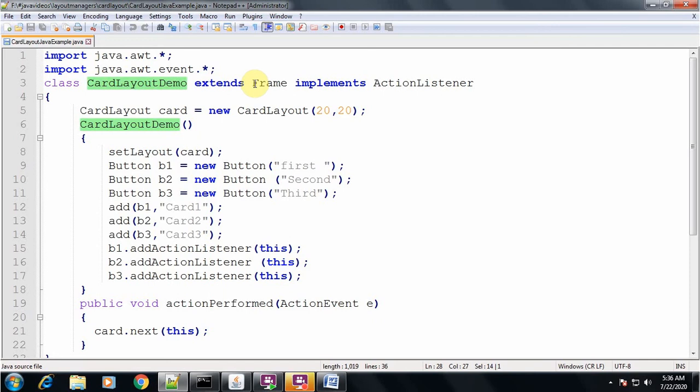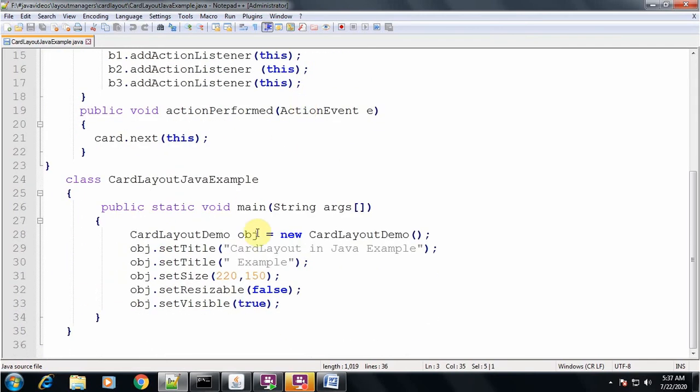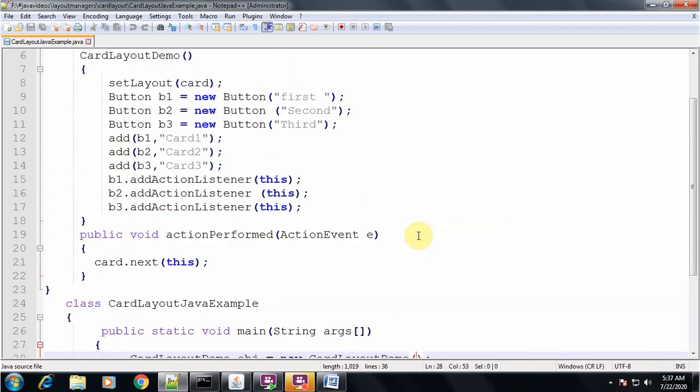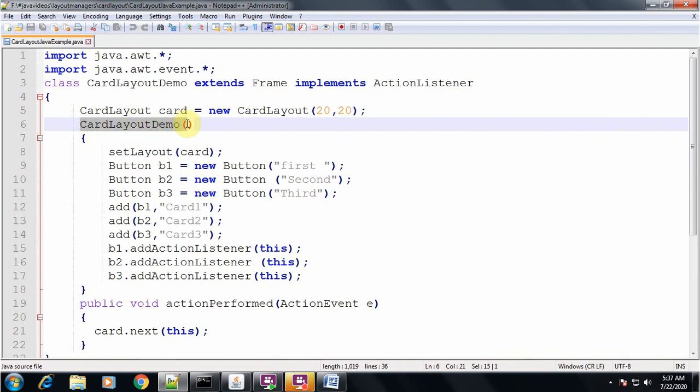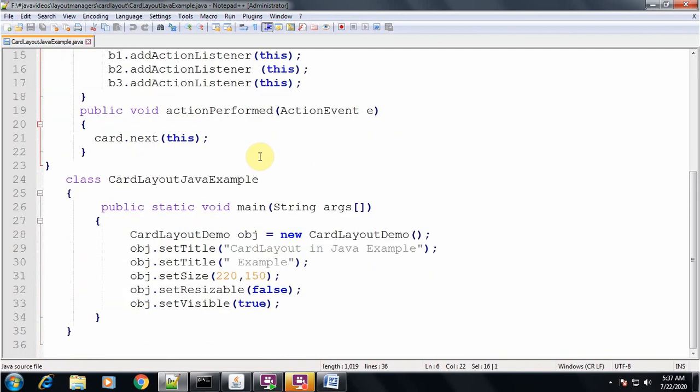This class is a subclass of Frame. So I am creating an object, obj = new CardLayoutDemo(), with the default constructor, because here also I have got a default constructor. When I create an object of this particular class, the constructor gets called, right?